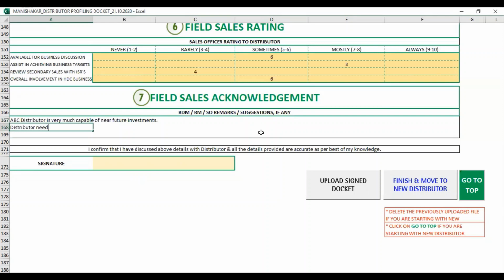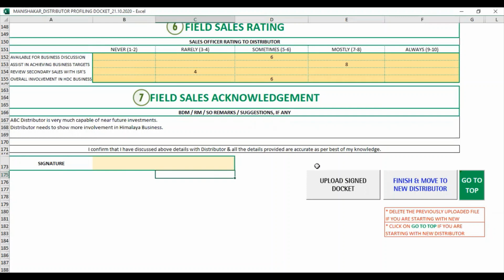Distributor needs to show more involvement in Himalaya business. As a distributor manager, this is my observation. Once I do that, I have to put a signature. I didn't put a signature here. If you remember, we had put that paper for the distributor, taken the distributor signature and a stamp. On that only I will also sign.